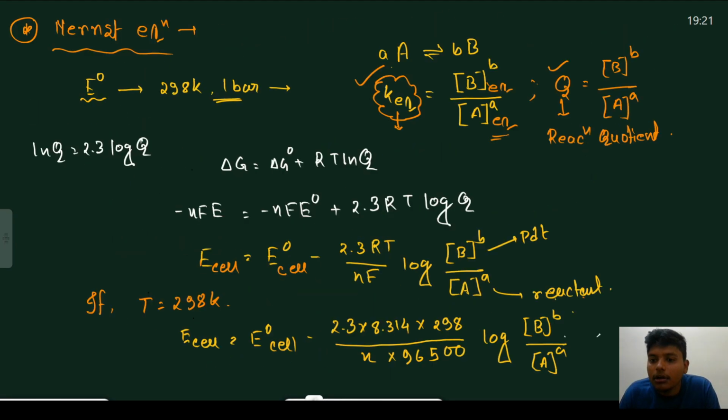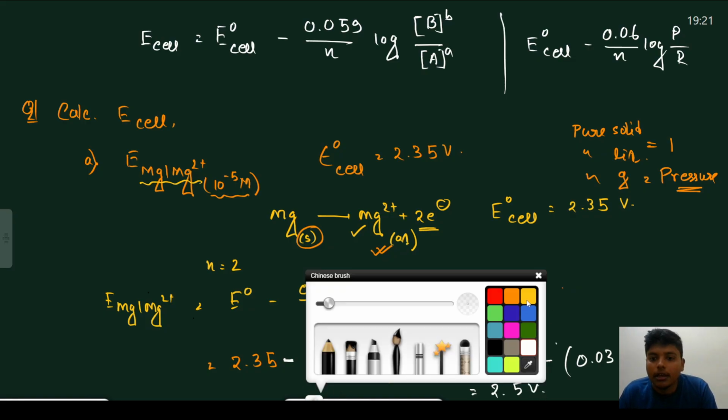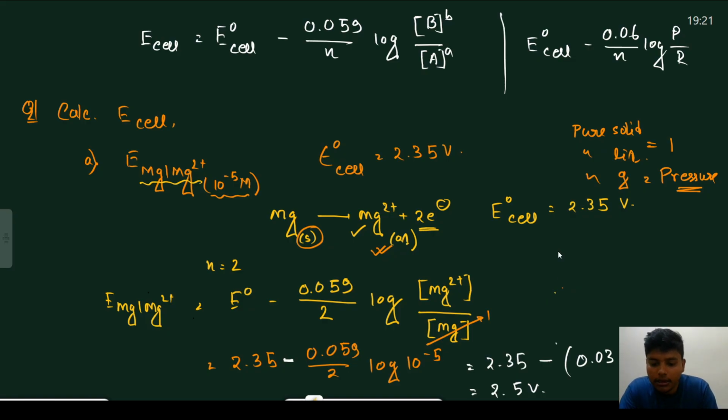Understood? Now here, what will be the value? So 2.35, minus is already there, so minus 0.03 multiplied with minus 5. Yes or no? Yes. So when you calculate all of them, you will get 2.5 volt. Clear? Yes, sir. Okay. Understood? Any doubt? Kirti? Any doubt? Aditya? Understood? Yes or no? Understood, sir. Okay. Next,